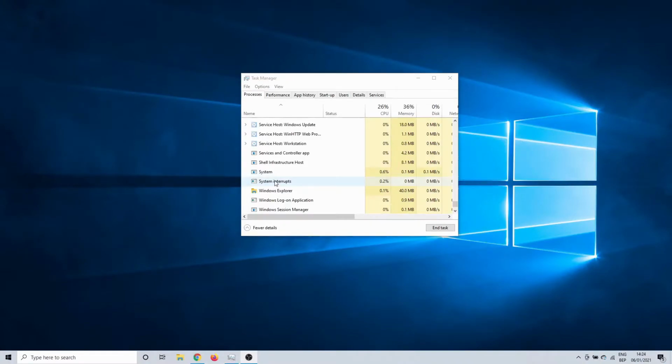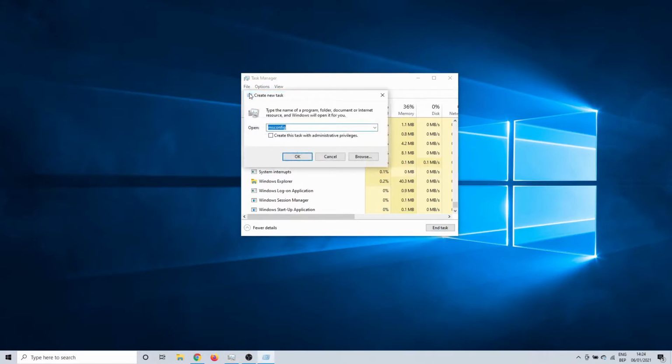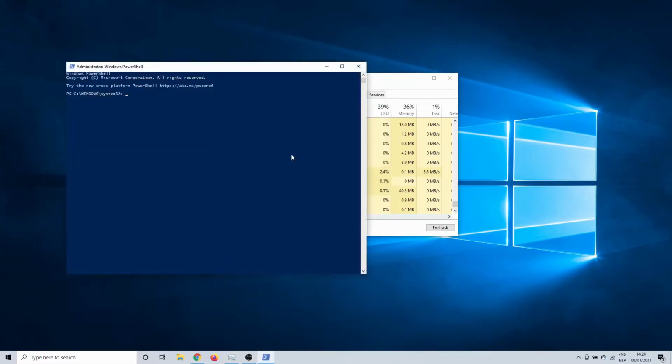The next method that we can try is slightly more difficult. We remain in Task Manager. This time, click on File, and then continue by clicking on the Run New Task option. This opens a new window. In here you need to enter PowerShell and make sure to check the box for administrator privileges. Click on OK. Here you need to enter the following command: sfc